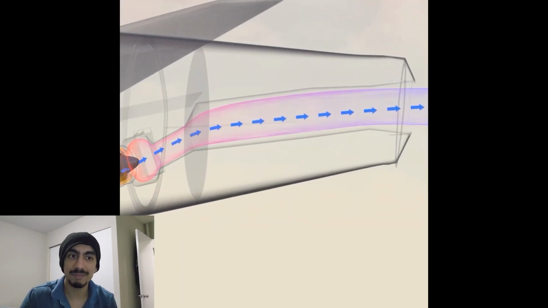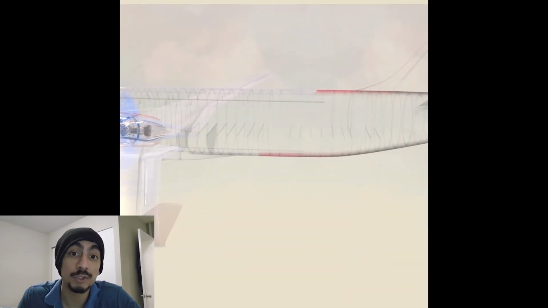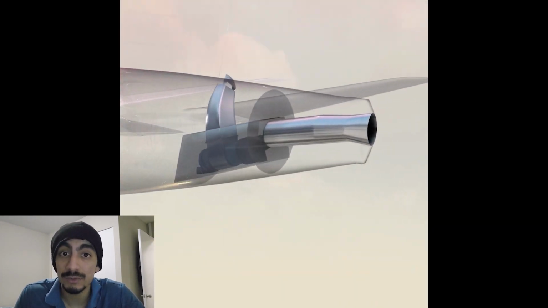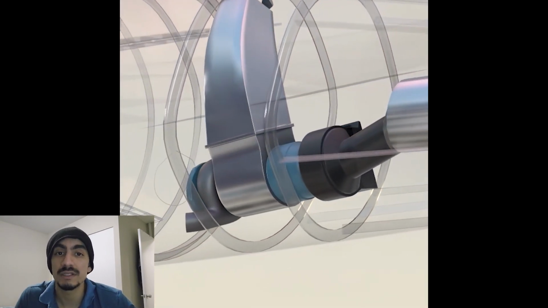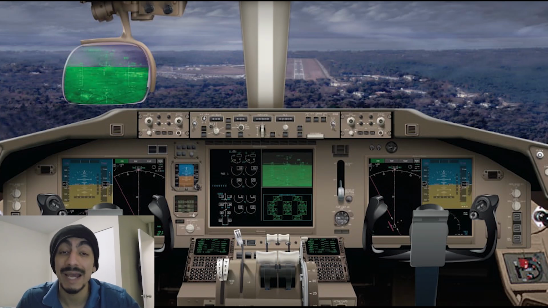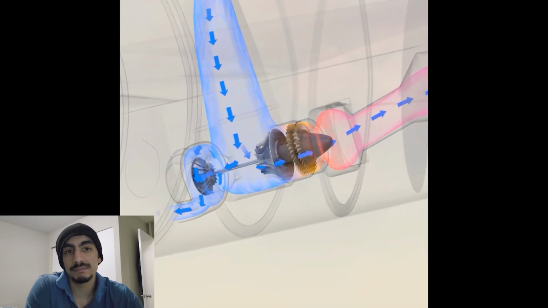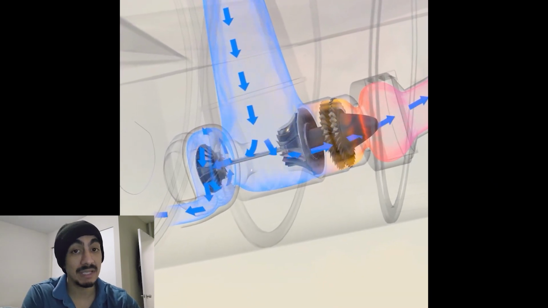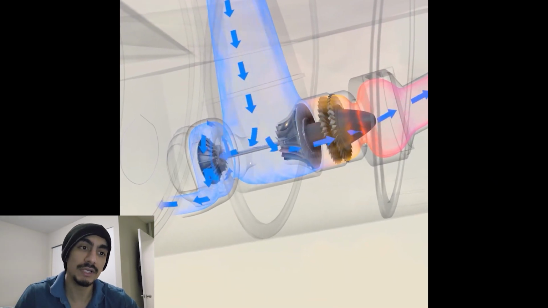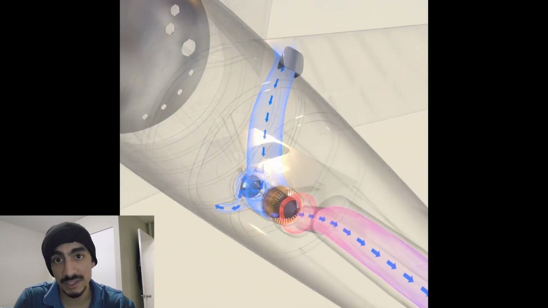So in a normal flight, each main engine has a generator that powers the aircraft's electrical systems. But let's say, for example, you lose one engine or even both engines are out, you still have the APU to keep those critical systems alive. So imagine your cockpit screens, the navigation computers, radios, hydraulic pumps, all of that needs power. The way it works is that the APU is basically a smaller version of a jet engine that drives the generator. Pilots can switch it on manually, and it can even be switched on automatically if needed, okay? It runs on the plane's fuel supply, it draws outside air, it spins, and it generates a steady stream of electricity.